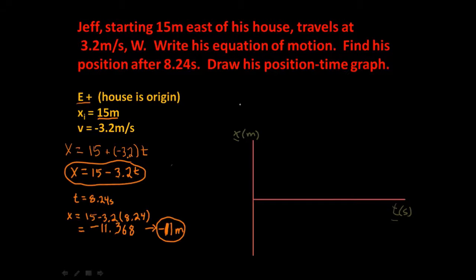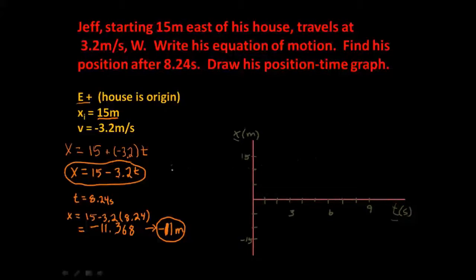What we would like to do is mark off these axes in some fashion. So maybe 1, 2, 3, maybe up to 8 seconds, even up to 9 seconds. So that'll be a 9 right there. 8, 7, this will be a 6, 5, 4, this will be a 3. And our position, well, we have to be at least 15 meters, so we'll make it 5, 10, 15. Okay, so let's come down here also, negative 5, negative 10, negative 15. All right,